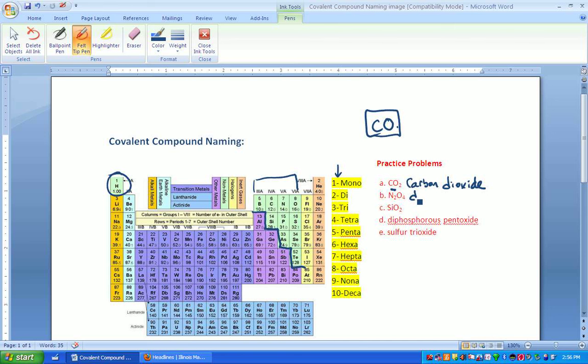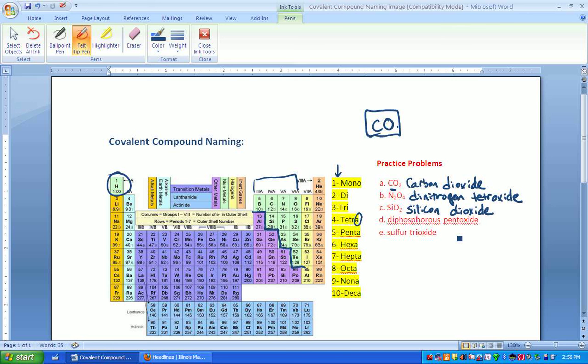There's two nitrogen, so you do need the prefix di, so dinitrogen. And the prefix for 4 would be tetra. You will see that oxygen and tetra, if you try to combine that, you end up with two vowels. If that's the case, you drop the vowel from the prefix. So it will be tetroxide. This problem will be silicon, answer silicon